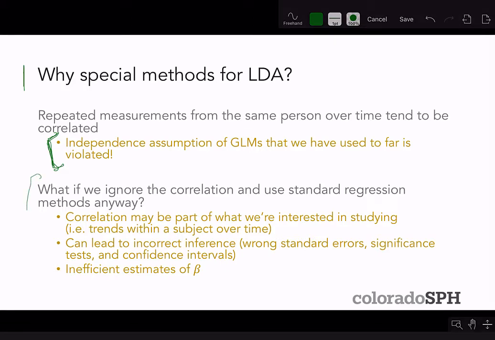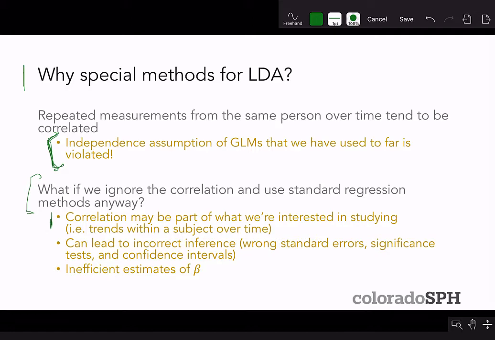However, what if we ignore that extra correlation, that violation of the independence assumption, and use standard regression methods anyway? Well, there are a couple issues with that potentially. First of all, correlation may be part of what we're interested in studying, for example, trends within a subject over time. This can also lead to incorrect inference. And you saw in the sort of extreme example with the child reading in the previous slide, this actually led to the opposite direction of the relationship than we would see if we hadn't considered the longitudinal structure of the